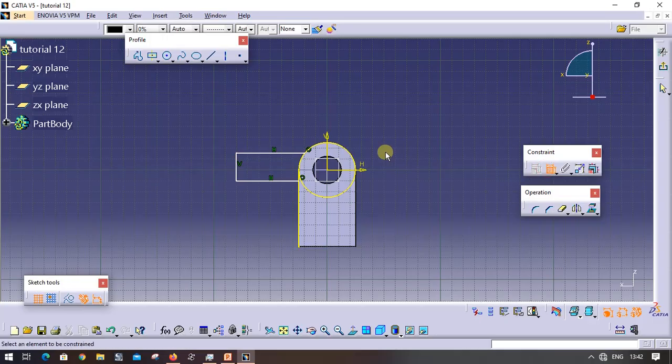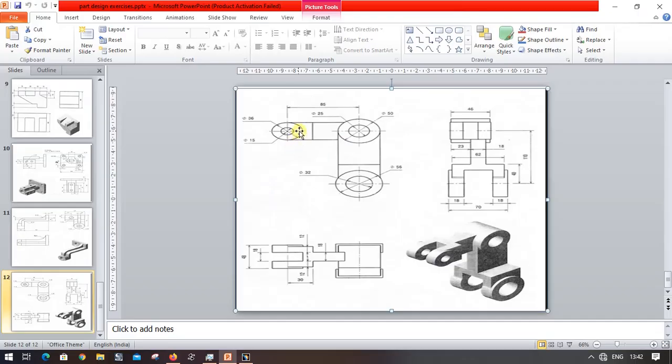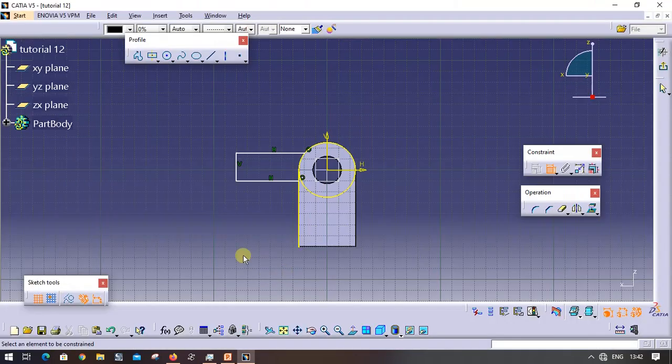Give the dimension of this. So this is going to be 85 minus 30, so it will be 55 from the origin point.